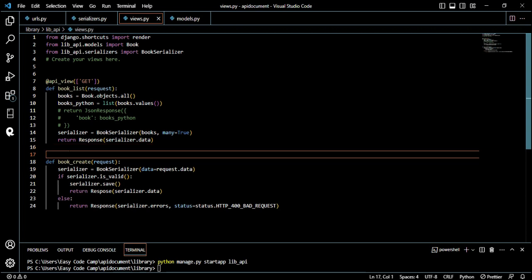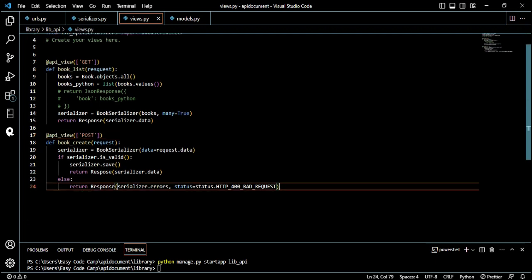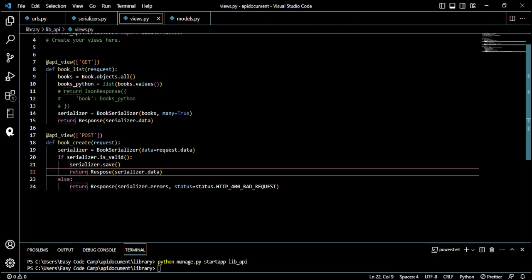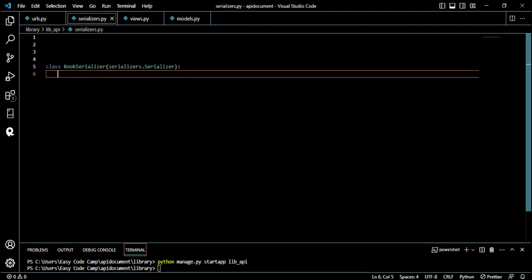create a book. So we can decorate this one. We can write an at API view. We can add this method by the name of post method, because we can receive this error message. We can post that in a new API. For creating a new API, we can receive the success message or error message, such this one. We have got this logic ID is equal to